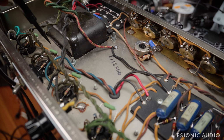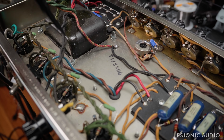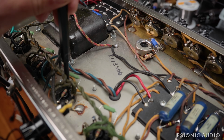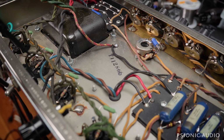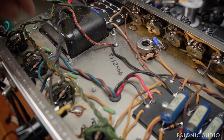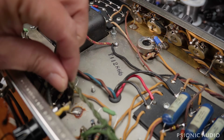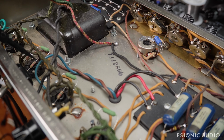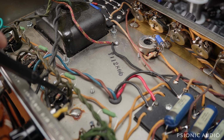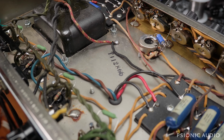You can see here I've got new 3-watt 470 ohm Vishay wire wound resistors for the screens. I've got new 1.5K half-watt carbon film resistors for the grid stoppers. And I've confirmed that all the connections on the heaters are good, because a lot of times on old Fenders, there's a little bit of stress on these heater joints because of the weight of the wire and the tension. So it's not uncommon throughout the heater supply in an old Fender for one or more of these solder joints to be bad. They'll look okay because the wire is physically held in place in the joint, but it can move. So I always make sure that I don't need to reflow any. In this case, everything was fine, but it's very common to need to reflow a few of those heater solder